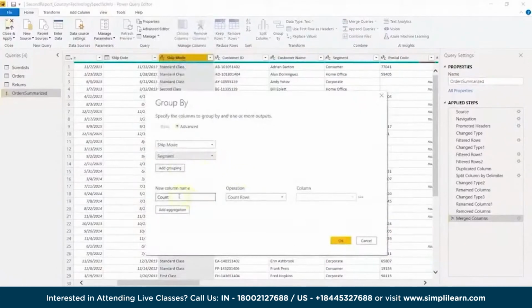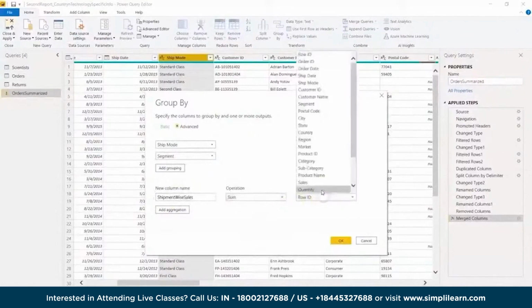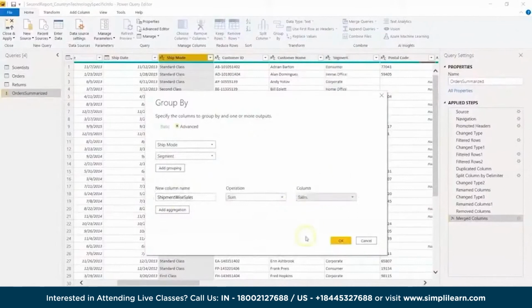So that's fine. Now we want the new column name, so let's say shipment wise sales. So I want to do a summing, not the counting of rows, and I want to do a summation based on sales, like what we did earlier. And then you say okay,